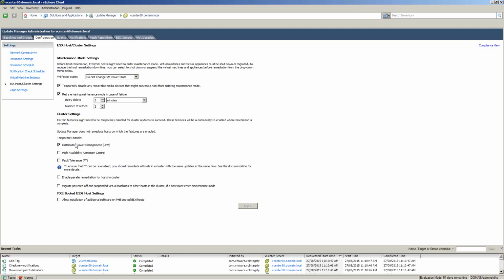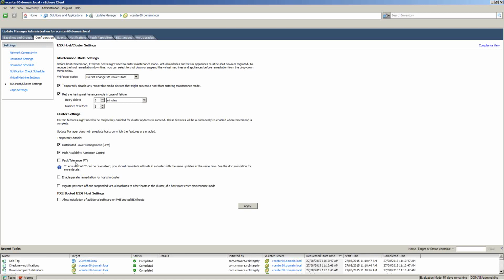So if VMs are not actively being used, DPM picks up that the load is low, and it moves your VMs over to other hosts, and it shuts down some hosts. It's good to disable. It will disable HA admission control on its own. If you don't let it do it, it's going to throw you an error and won't remediate the cluster.